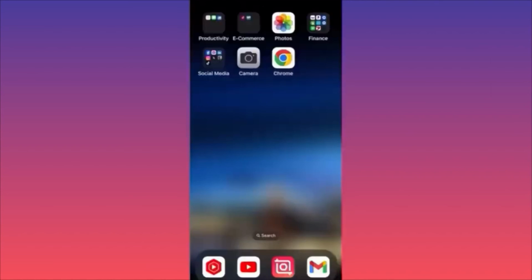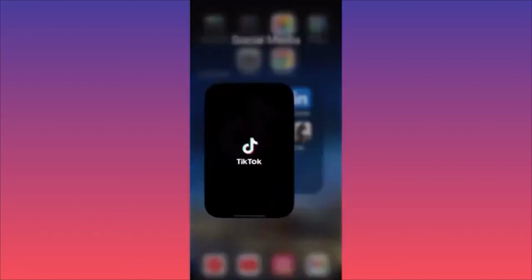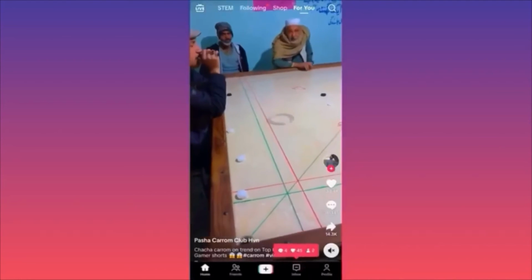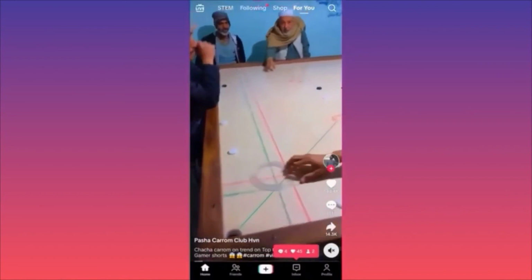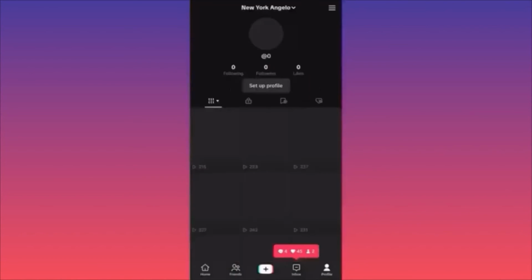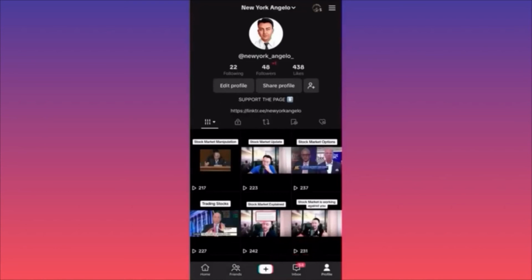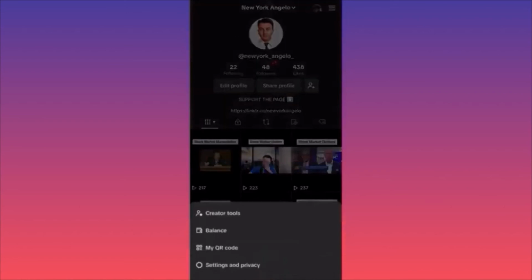In this video, I'm going to show you how to delete your TikTok account. After the recent updates, guys, there are a few differences. Let me show you. Let's launch the TikTok app. First thing you want to do, you want to click on the lower right corner and hit the profile picture. Then I want you to go ahead and click on the 3 straight lines on the top right corner. Then select settings and privacy.